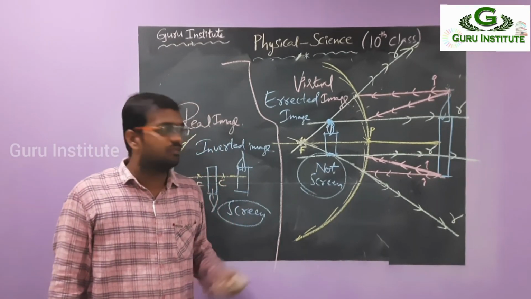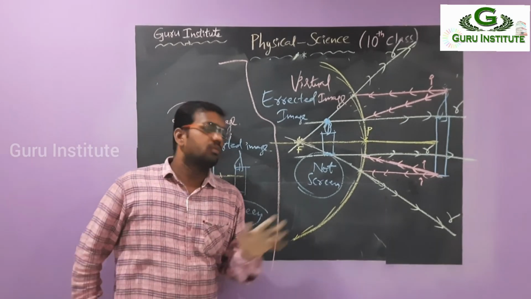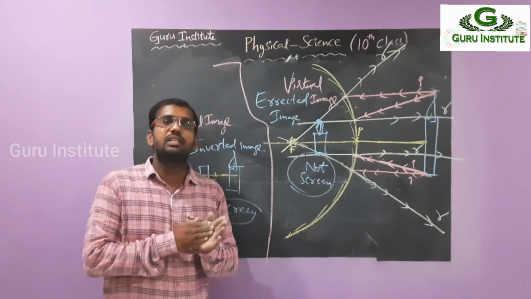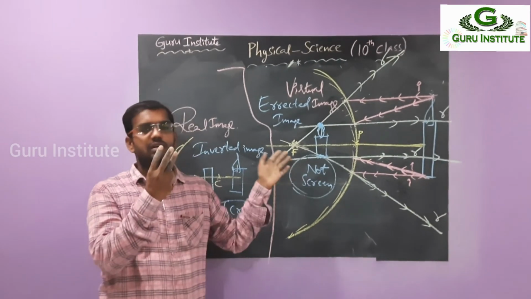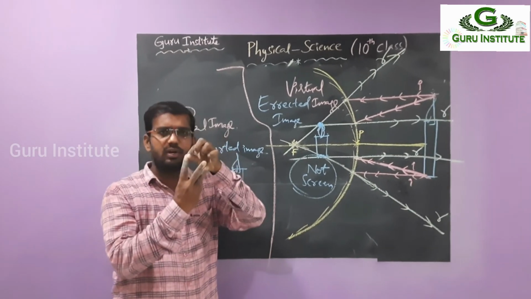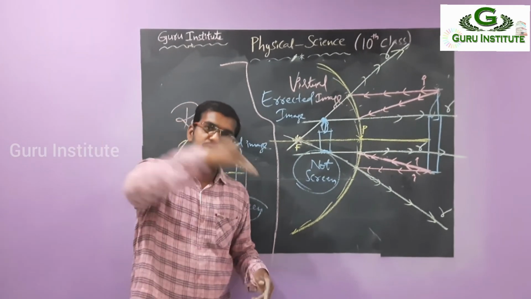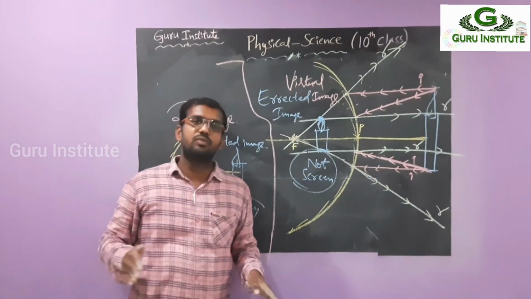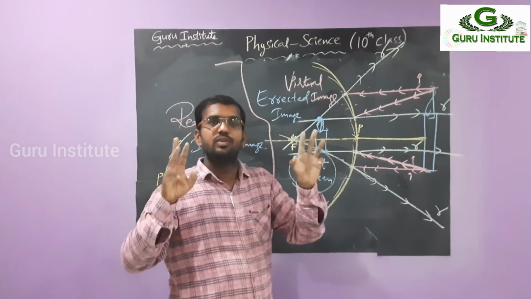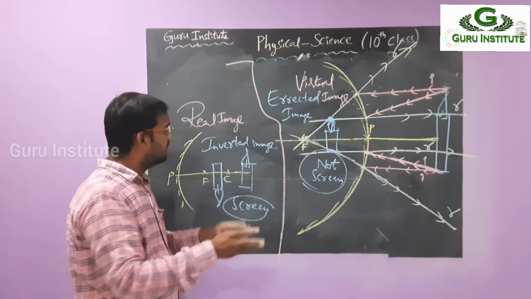So let's go for a one-minute review of today's topic. Alright, listen. Today we are seeing only image formation, right? For image formation, I am taking the three rays majorly, not the total rays. If you take the total rays, you get confused. First one, parallel to the principal axis, passing through the focus. Second one, passing through the focus, parallel to the principal axis. Third one, passing through the normal, it won't be deviated, that means passing through the principal axis. By using the three rays, I am drawing this picture, the basic nature of image formation, using the example of a candle.